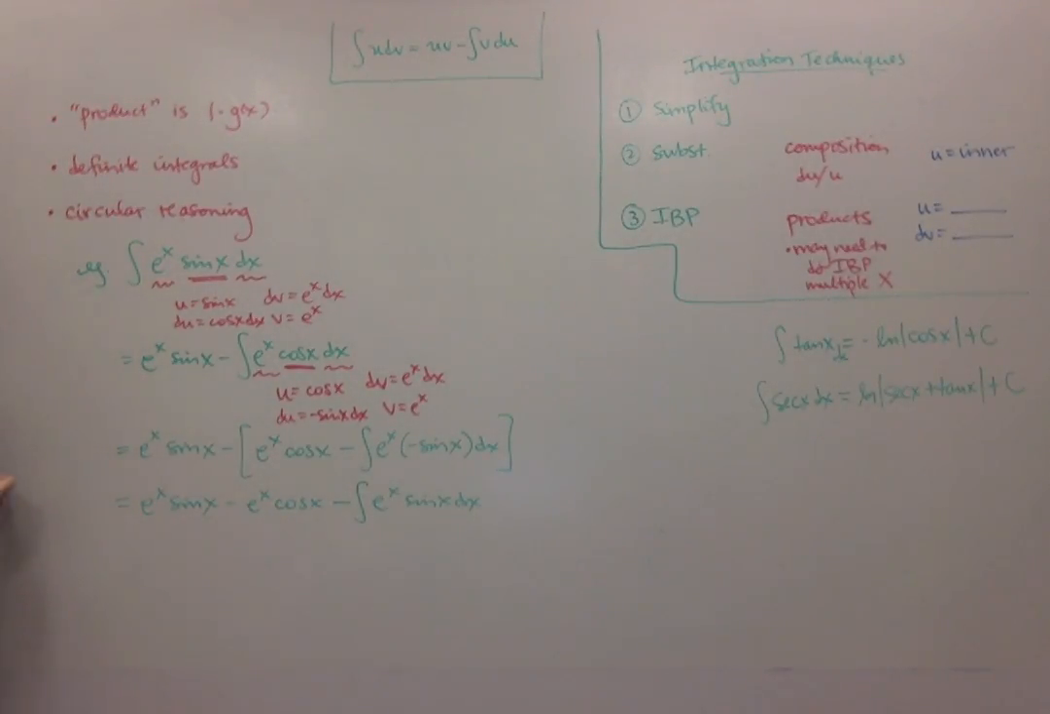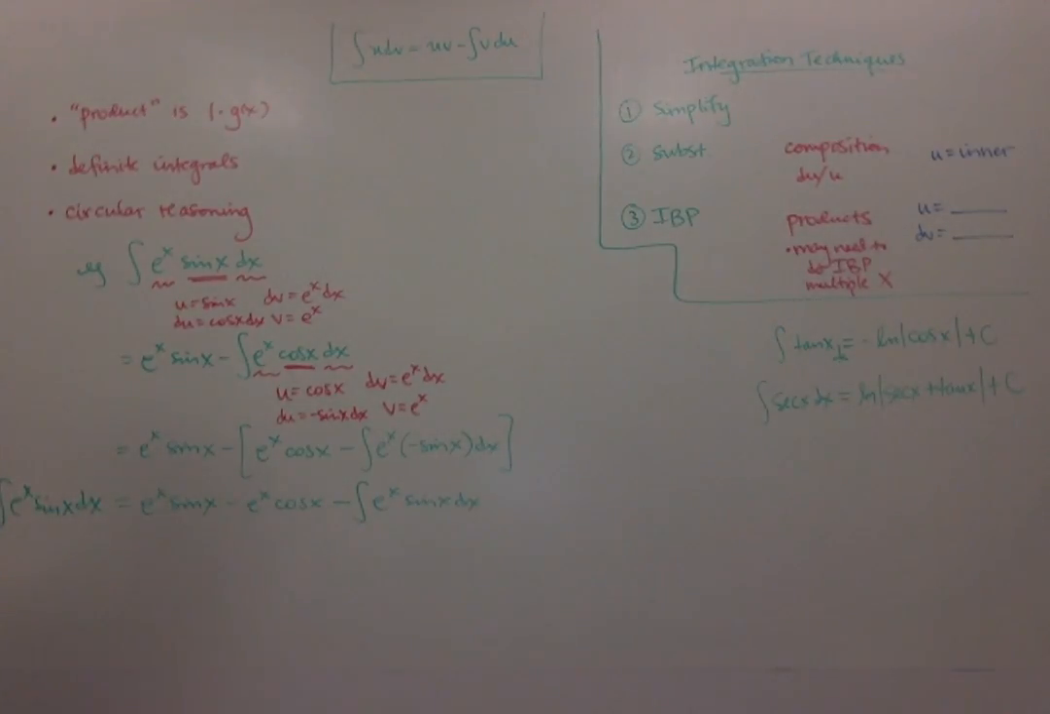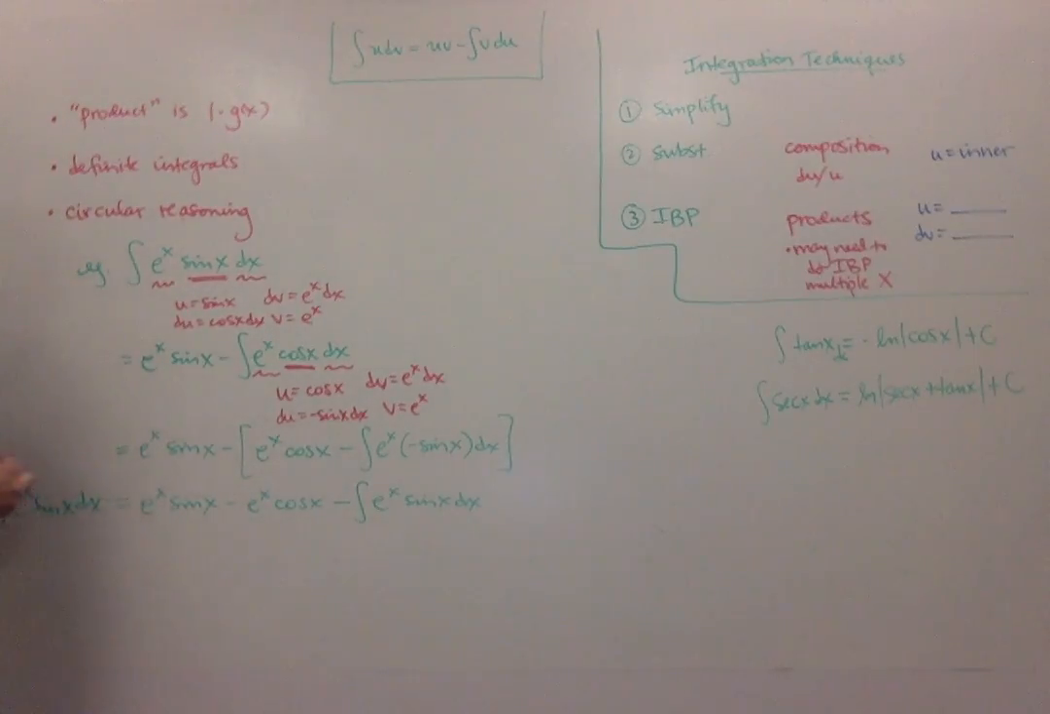Now I want you to step back and notice something here. I started with the integral of e to the x sine x, did some work, and I ended up with the integral of e to the x sine x, which seems like maybe I wasted my time, but actually you didn't, and here's why. I want you to just think about this for a second. If I call this integral I,